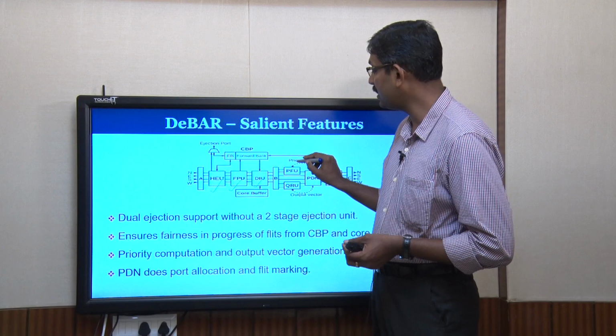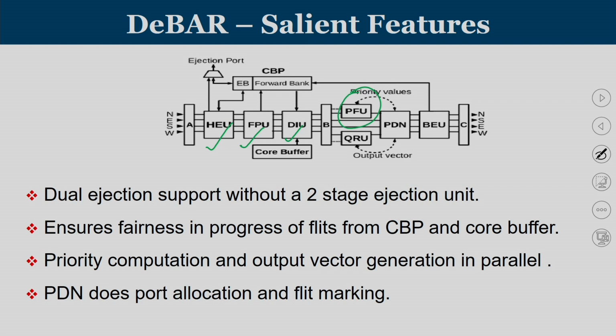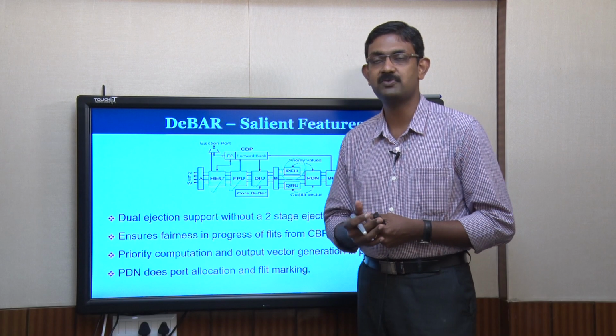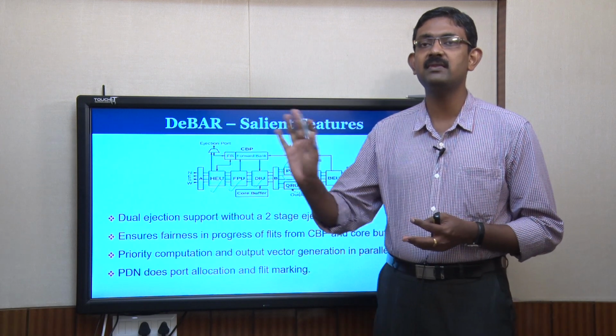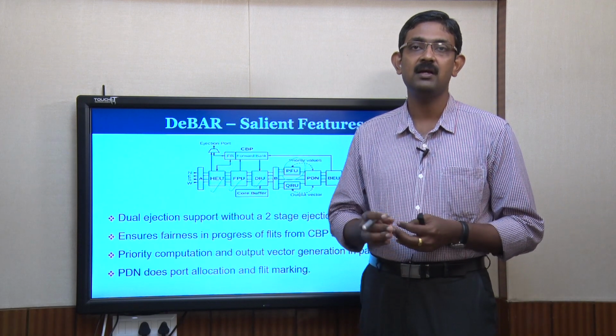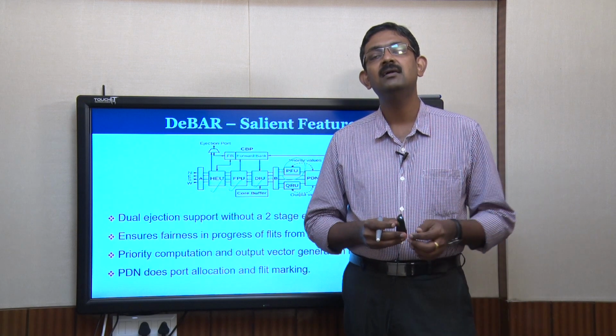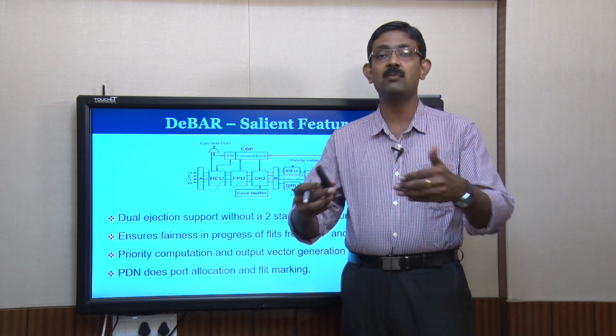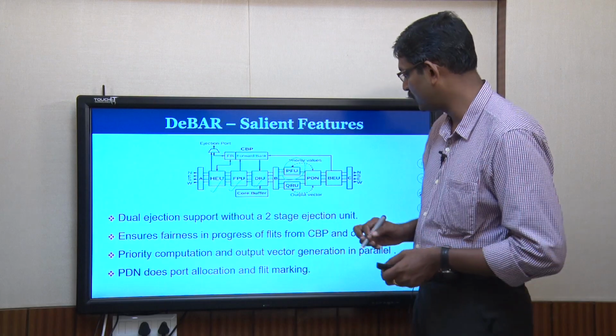And then you have a priority mechanism which is not working based upon random type, silver or golden, based on age. Priority is strictly based on hops to destination. Whichever flit is nearing the destination may get the highest priority. So, you may initially deflect when you are away from the destination. As you become closer to the destination, your priority is going to improve.